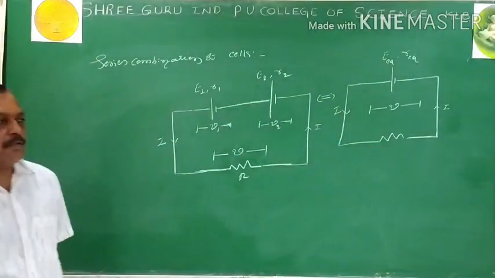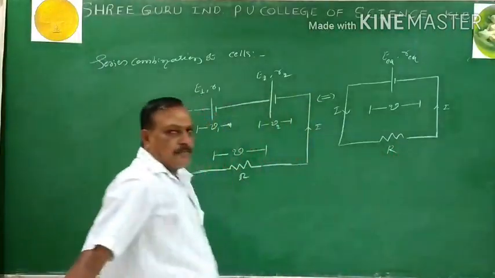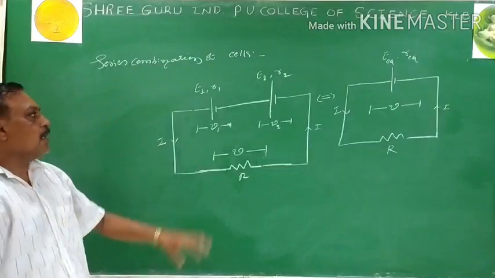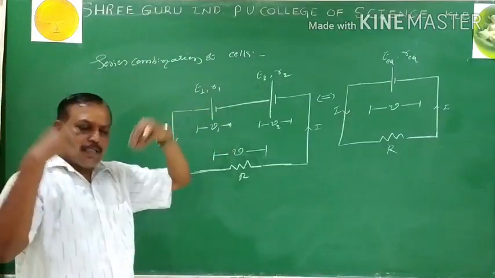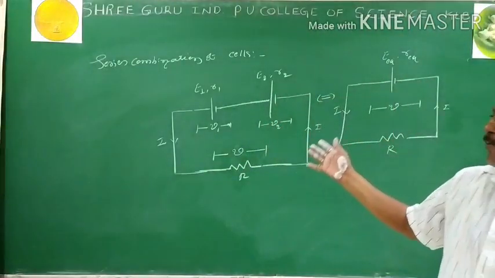Is it clear? Yes. Then I go for the derivation. Then you draw certain lines. Just by seeing the figure, you construct your own sentence. Then you go for the derivation. That is nothing but predicting for the derivation. Without writing the sentence, if you go for the derivation, nothing should happen.